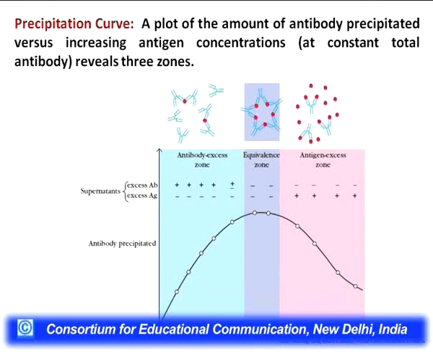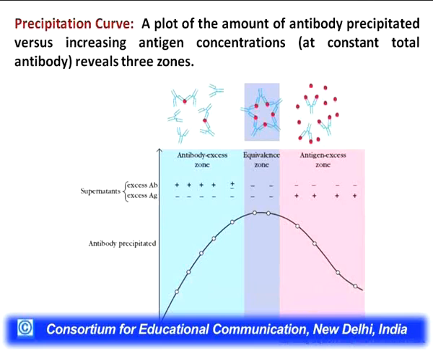The third zone is called the antigen excess zone, because over here most of the antibodies have been utilized in the equivalence zone, so we are left with only a few antibodies, and most of the antigens are present over here. The antigen concentration increases over here and there is no formation of any clear precipitation. All these phenomena or principles were utilized in the subsequent development of the immunoassays,